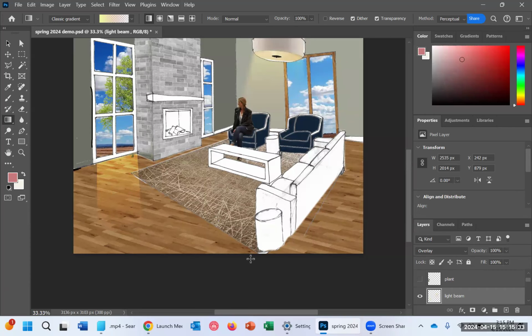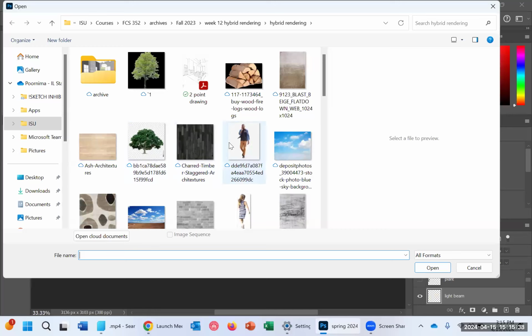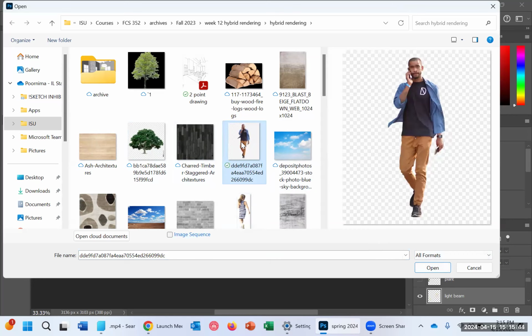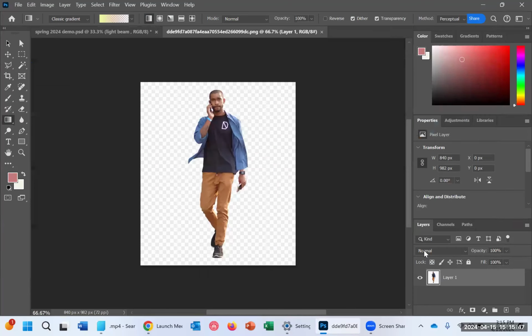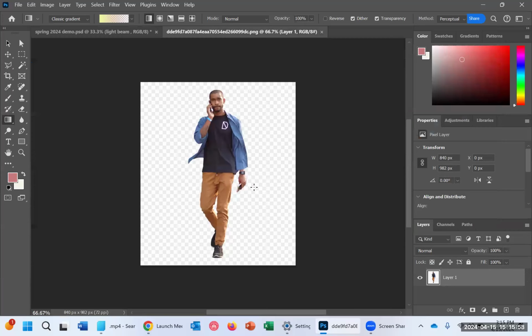Now let's add humans in here. So let me just open the humans. Let me just open the same person there. Okay, so whenever you're copying anything from a different layer, a simple way to import it in here is what you need to do. If you see here, I have opened that person, right? So now I will click on the layer on that. I'm not going into my rendering, but just that person or the man there. I will just say